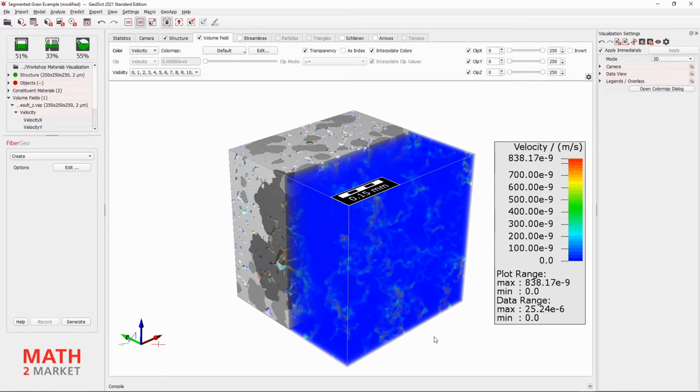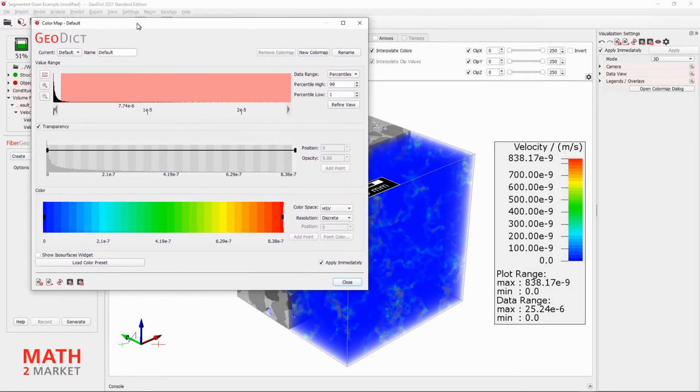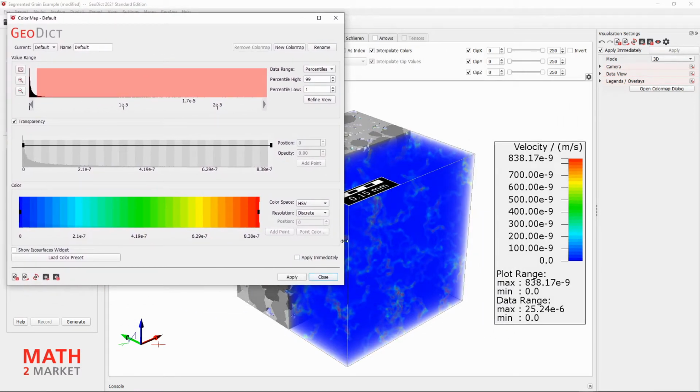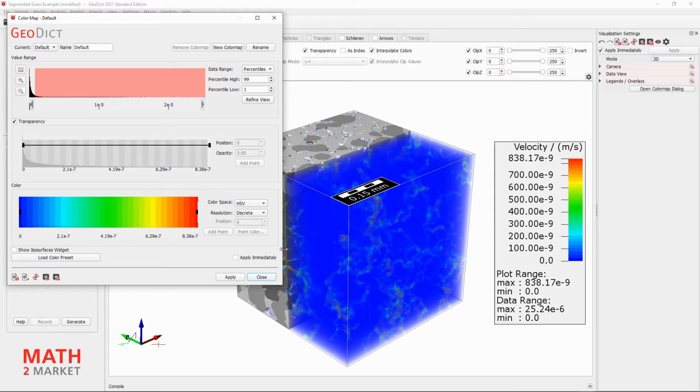Now we open the color map. First, we deactivate Apply immediately again, so we don't have to wait for Geodict to update after every change. What we see immediately is that we have flow values for the areas where there is solid material. I'm going to show you how to change that and then explain why that's not a good idea from a visualization point of view. But first, we adjust the transparency transfer function so that we can better see the flow in the pores that is currently obscured by the values in the solid materials. For this, we add 2 more points in the transparency section here and here by right-clicking in the free space and choosing Add Point.